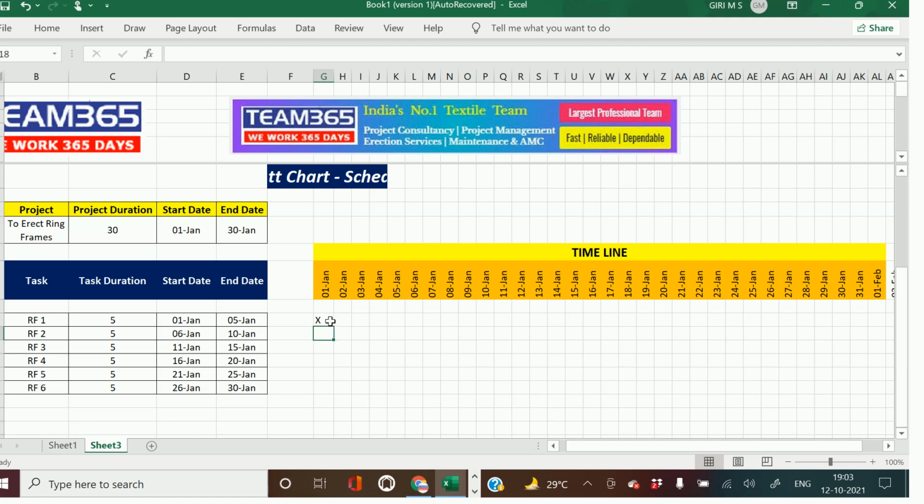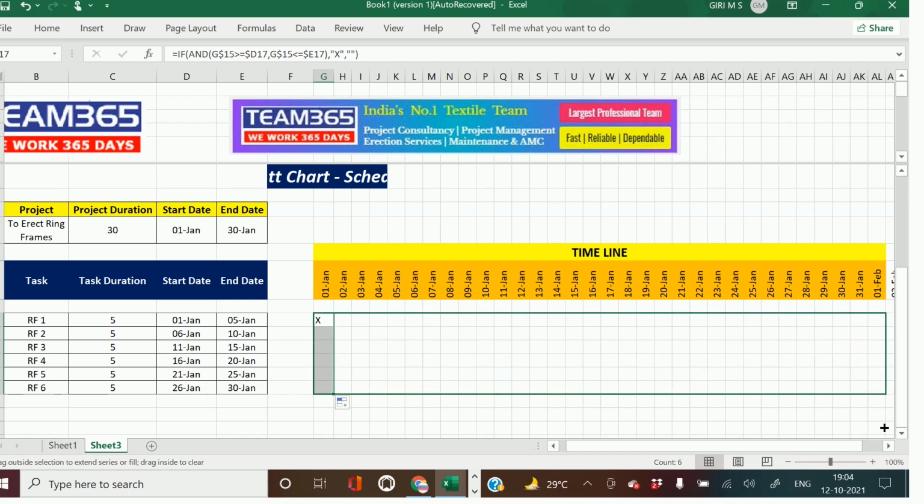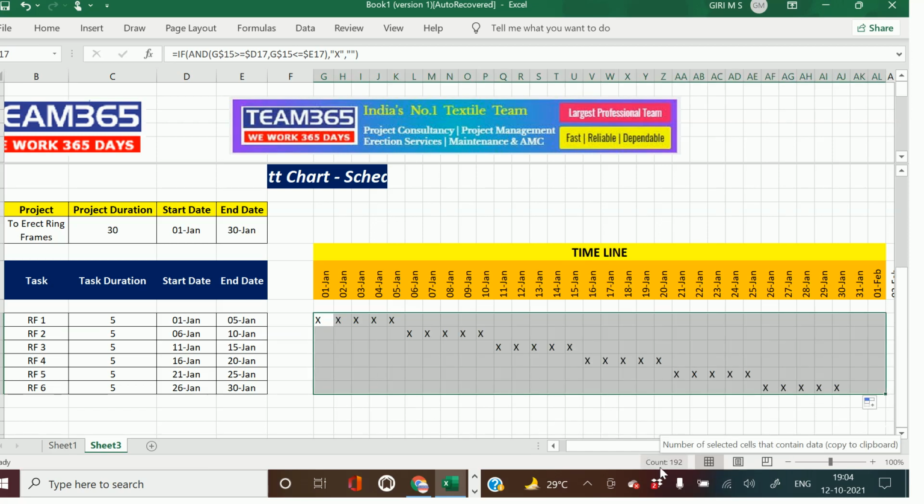Now this formula is fixed, it will not change. When I drag it, we will select and copy this formula across, right? So now what happened? So as per the dates, 1st January to 5th January, 1, 2, 3, 4, 5,